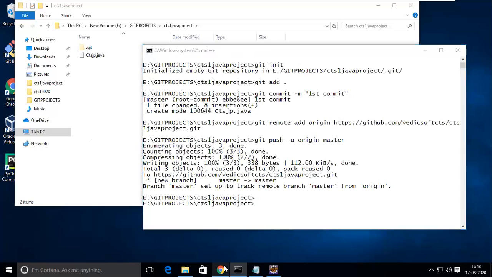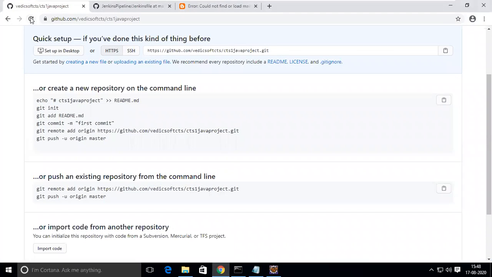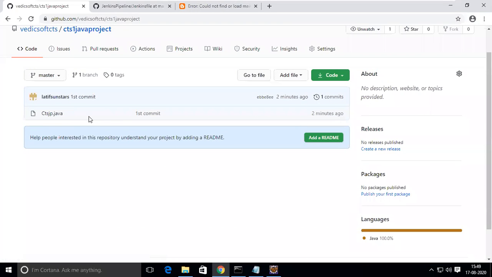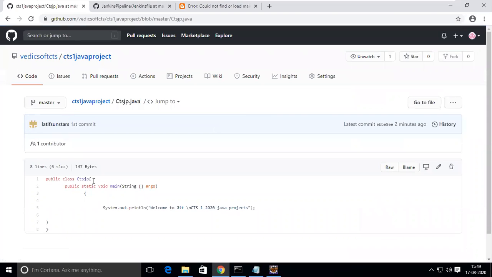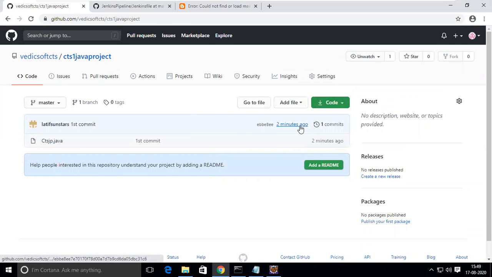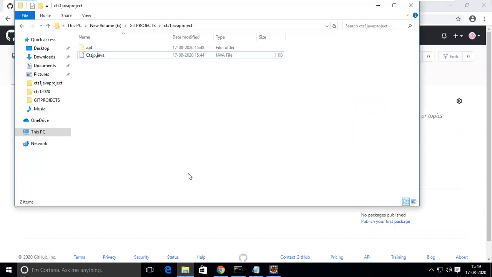Now I have to go check this one, refresh. Now my git has come up. I got a file here, so you can check it. This is my file. It's nothing special, just a file. You can see how many commits have happened and when it was done. If you want to add a read-only file, all that kind of stuff is there. Now I put it into the central repository, right? So I put it in the central repository.